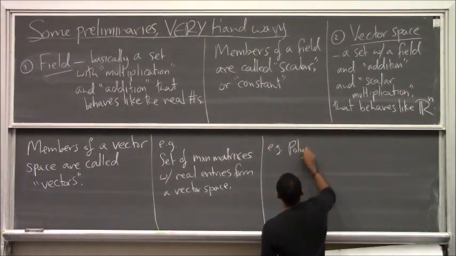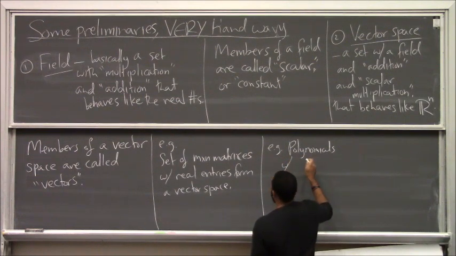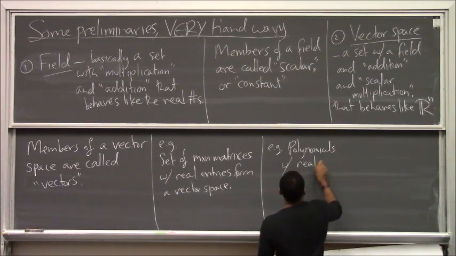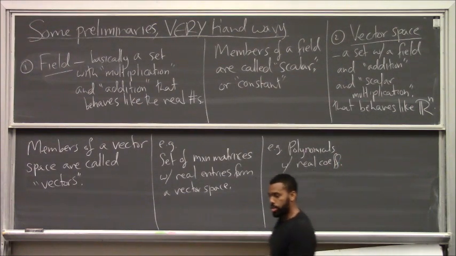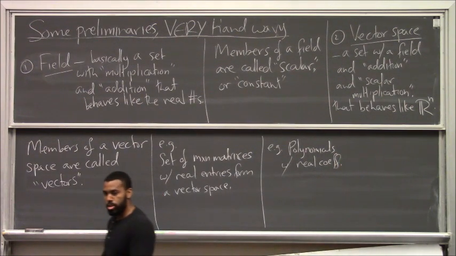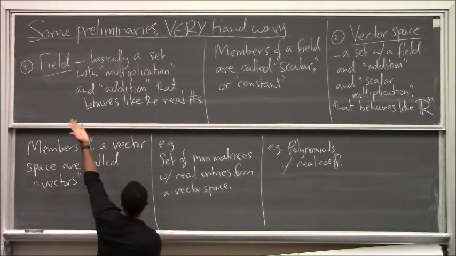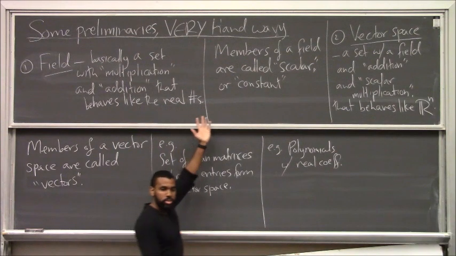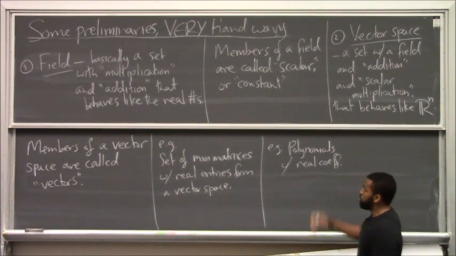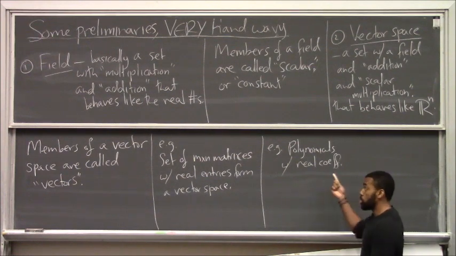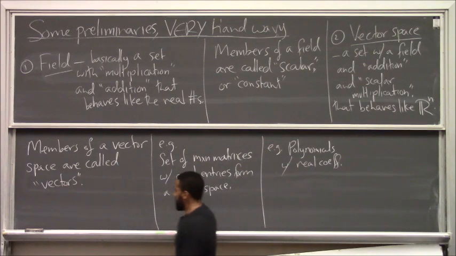Polynomials with real coefficients also form a vector space. Also notice that division will not work. You divide two polynomials and generally get a rational function, so there's no such division because it's not a field. If it was a field, division would give me a polynomial all the time, but it doesn't. However, I can add two polynomials and I'll get another polynomial. I can multiply a polynomial by a scalar, I will get another polynomial, and it will behave in general like